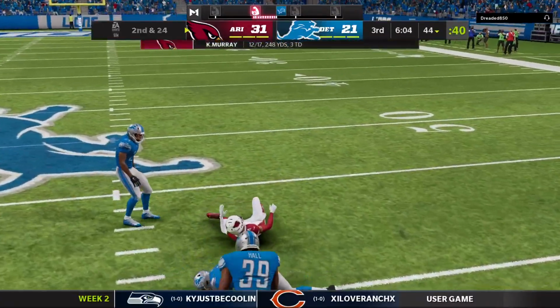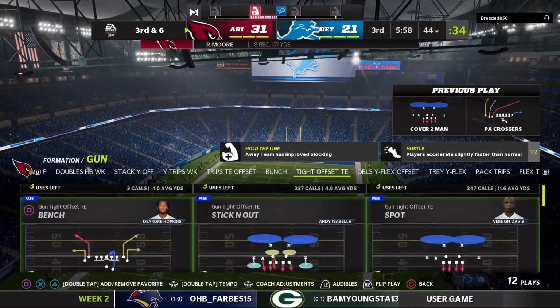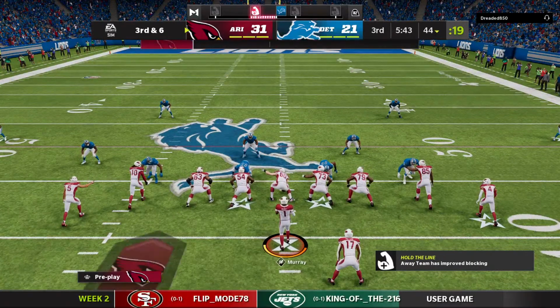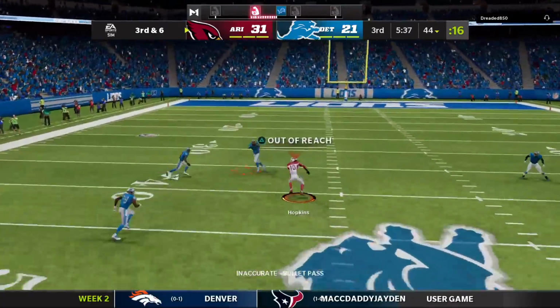Murray's throw here into the hands of Moore. A good pickup there, 18 yards as they get closer for 3rd down. They like going to him in the slot. He catches another one. I think this comes under the heading of, until they stop him, why not go back to it? He has something going really well. Great working relationship with the guy throwing the...